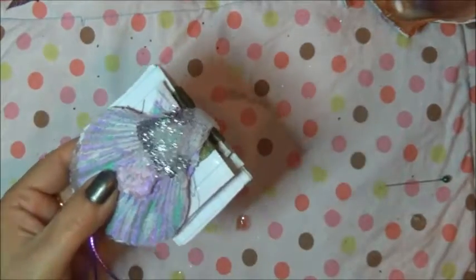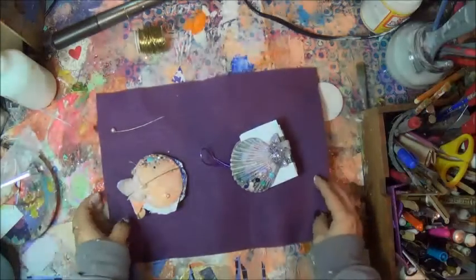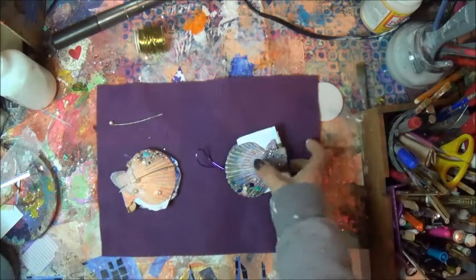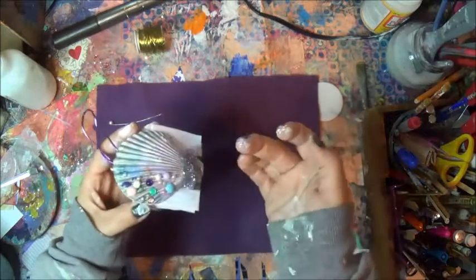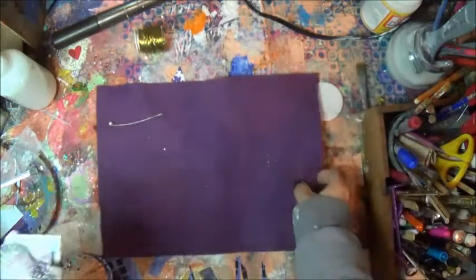Alrighty. And we'll be back. Hi everybody, I'm finally standing up. The doggy has moved. So let's finish this off. Let's tie this. Oh, I just touched the glitter, it's still wet. So what I'm going to do is